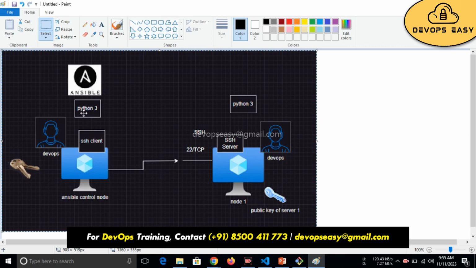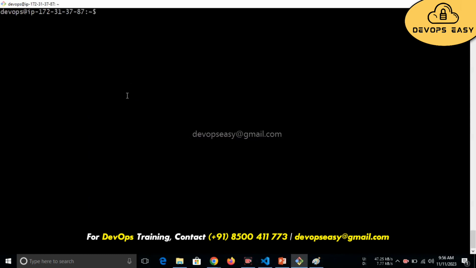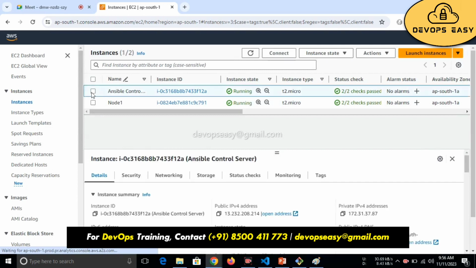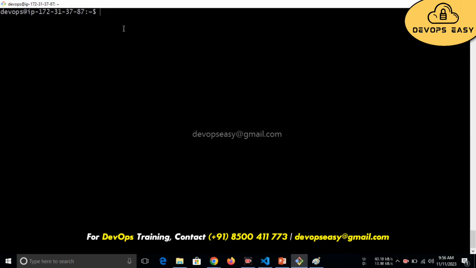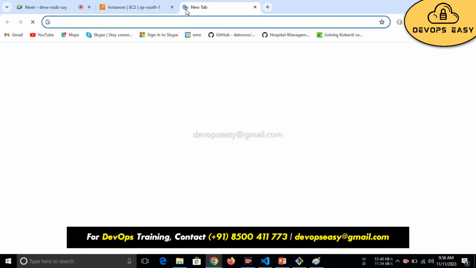Okay, now what I will do, I will install Ansible on this server and Python 3 on this server. Using Ansible I will check whether from this server I am able to communicate with this server or not. So shall we do that? Now I am on the control node, right? For your verification I will check 87, 37, 37, 87. I am on the master. Now I want to install Ansible. I don't know how to install Ansible. What I will do,